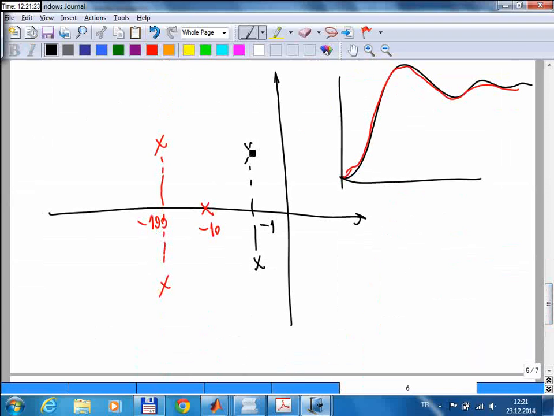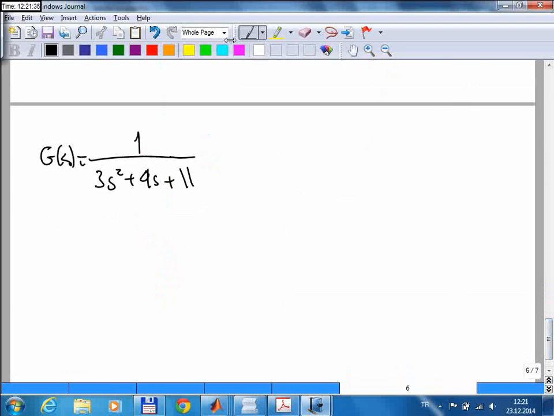By looking at, after you locate the pole, you can tell me if it's going to be oscillatory or not, or if it's oscillatory, how fast the oscillations will die out. You will be able to say things like that as well. But if I give you something like this,